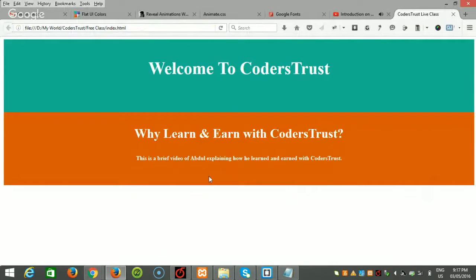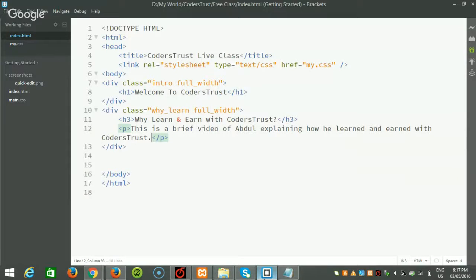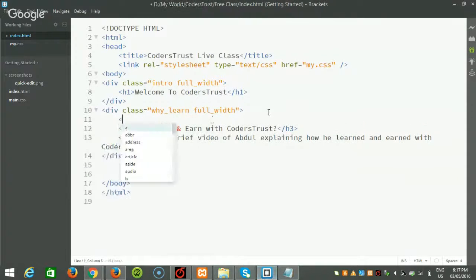Well, you can see we learn and all. Well, there can be a video in the right side. So actually we can take another div and we can divide the div into parts. So let's do it. So we can make a div for